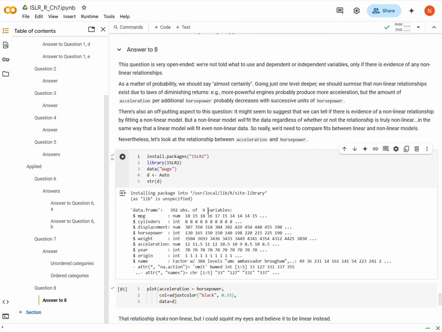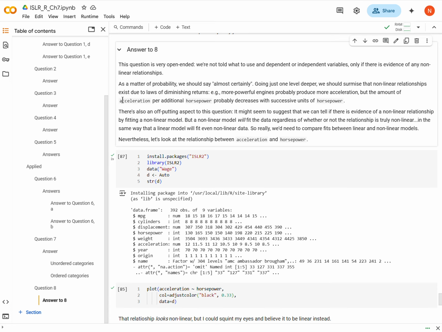relationship, we'd have, so we have 9 variables. We have roughly 9 choose 2 possibilities for a nonlinear relationship. And so just by probability, we should guess that there's probably some nonlinearity somewhere in the data set. Now, aside from that argument, we should surmise that there's probably going to be nonlinear